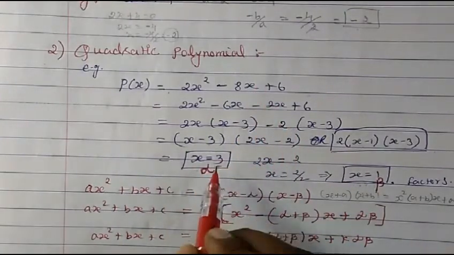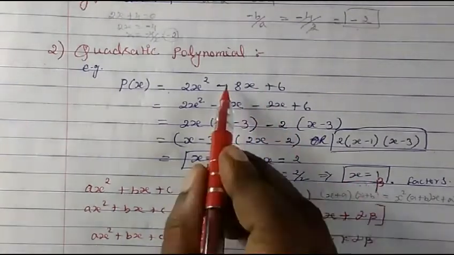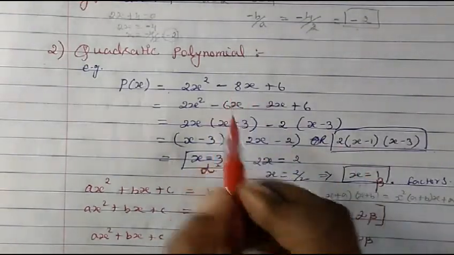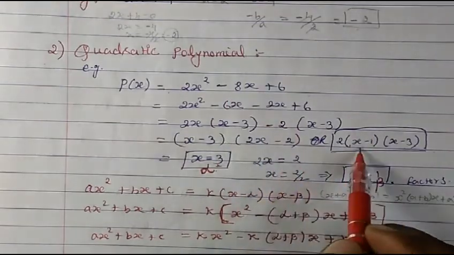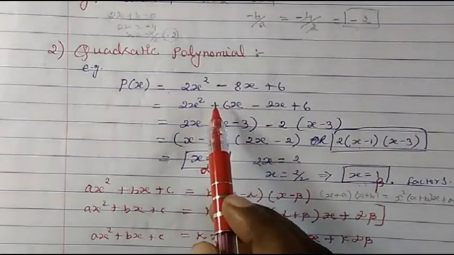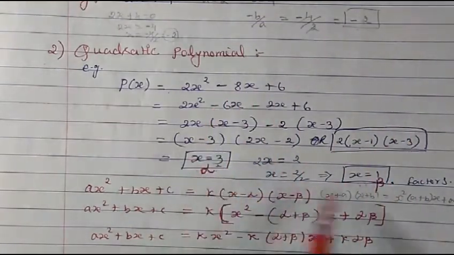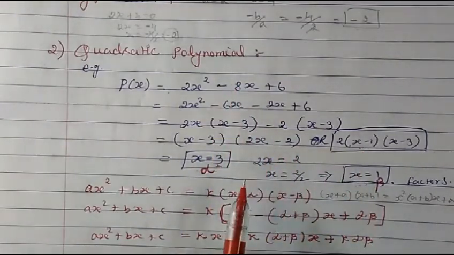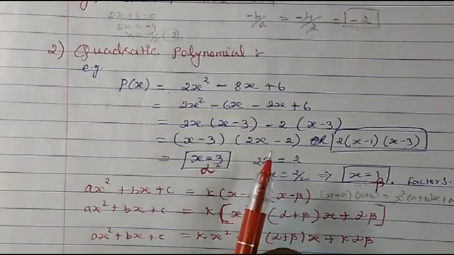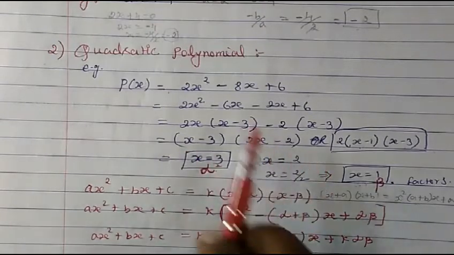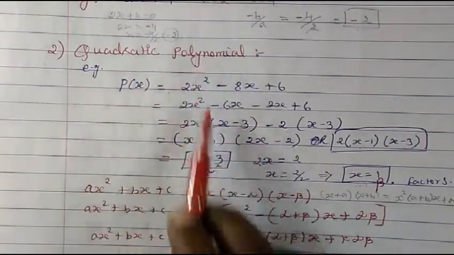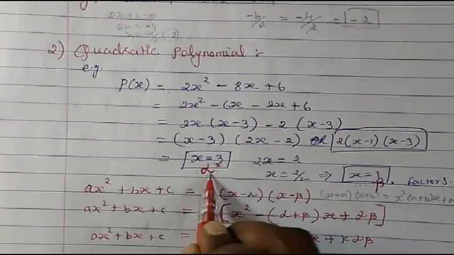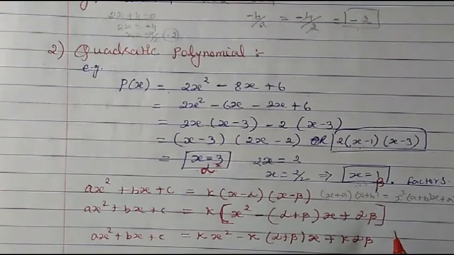So we also call these the zeros of this polynomial, or else we say these are the factors of this polynomial, because if this is a factor, then we are sure to get 0. So if this is a zero of this polynomial, then this will be a factor. I have explained all this also in 9th standard. Now don't get confused. Coming to the point, for a quadratic polynomial we get 2 factors, so we consider 3 as alpha and this 1 as beta.